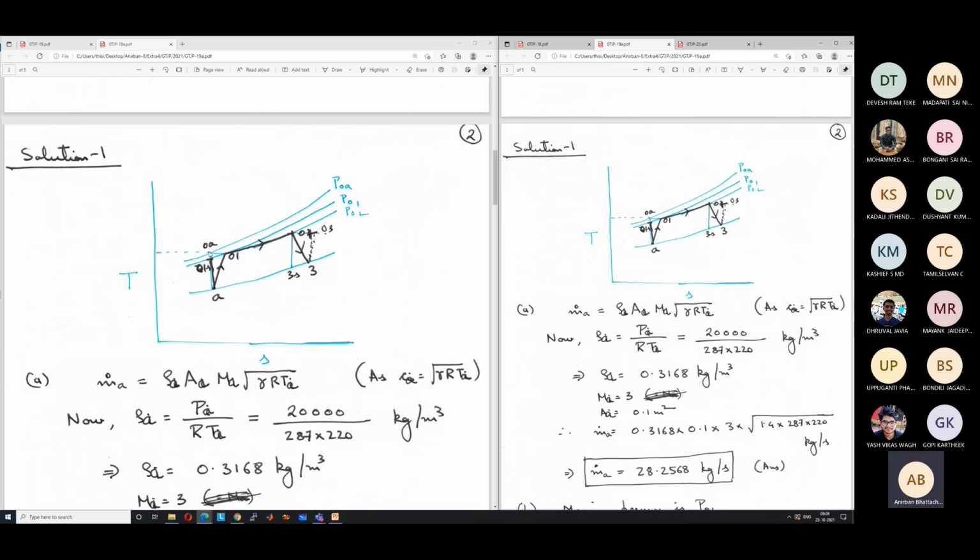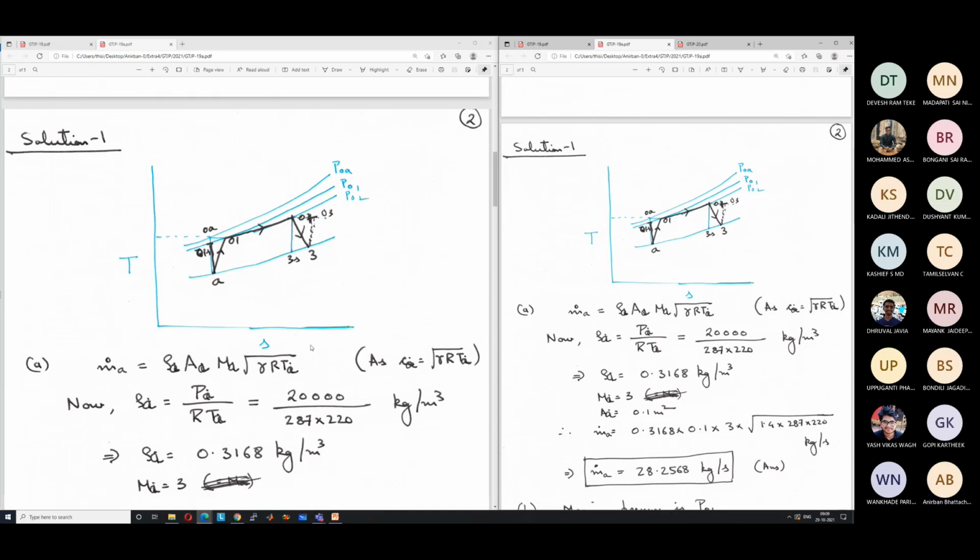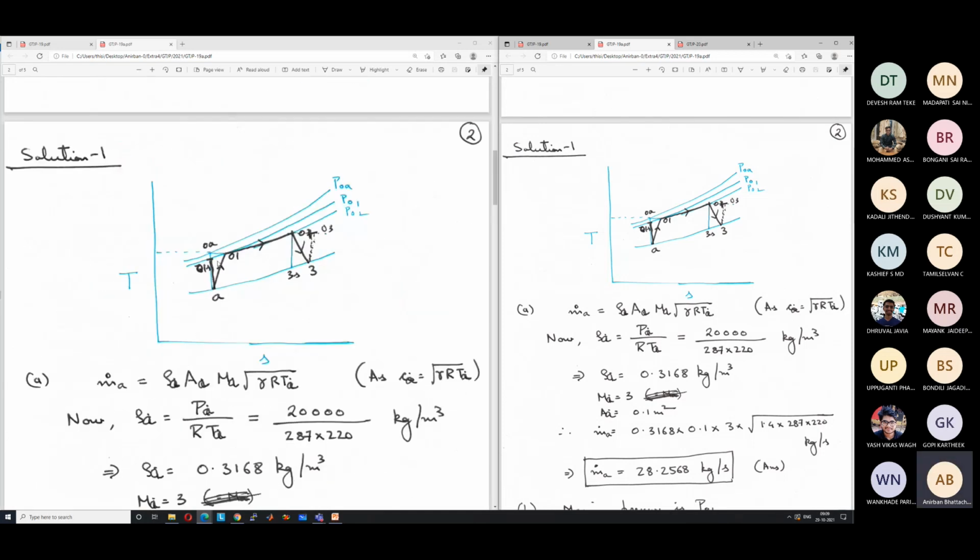Now for defining the efficiency, that also we have discussed multiple times. We artificially create a point on the pressure line P01. P01 is the constant pressure line passing through point 01. We artificially create an extra point which is on the isentropic process line from A to 0, but cuts the constant pressure line P01. So the isentropic efficiency of the diffuser is given as T01S minus TA by T01 minus TA. That is how we have defined the isentropic efficiency of the diffuser.